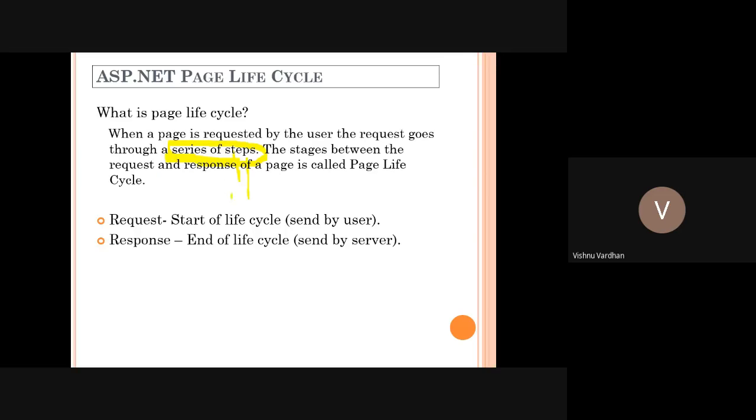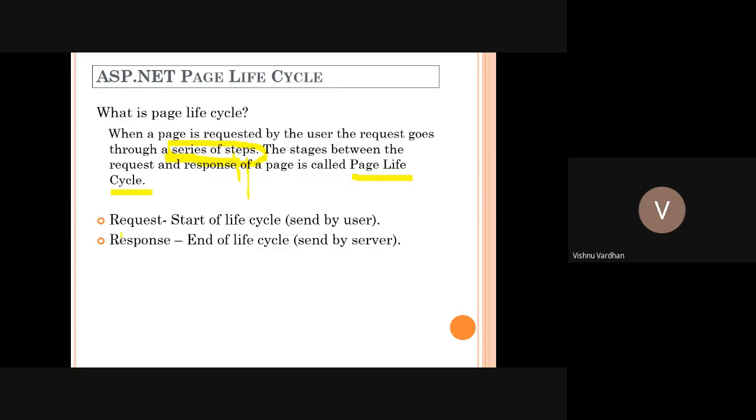Accordingly, it can be implemented as per your requirements. The stages between the request and response of a page are called the page lifecycle. Entirely from the phase of memory loading to unloading, there are certain events that are attached, and from starting to ending, we can say the page is following the page lifecycle.